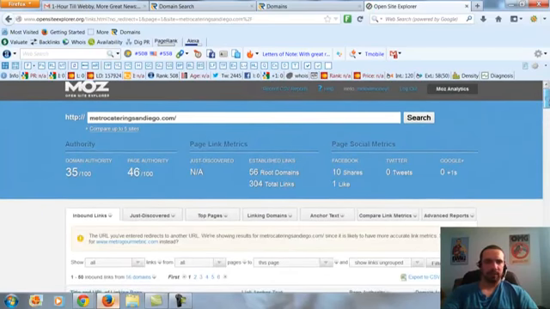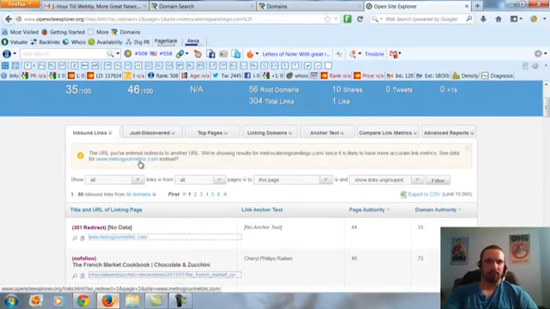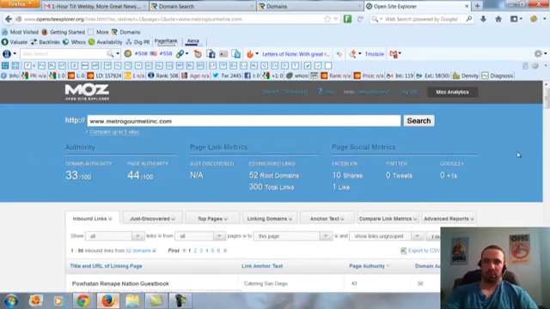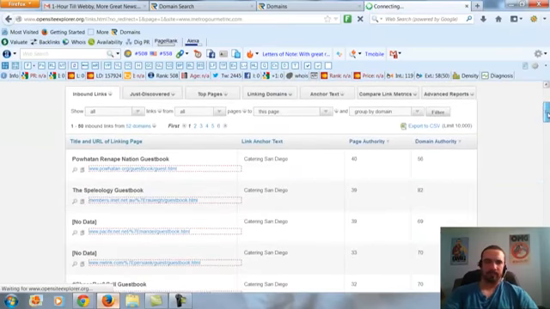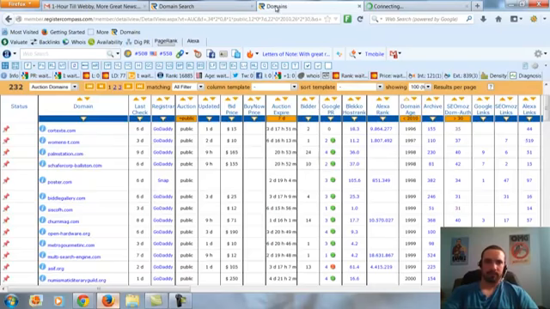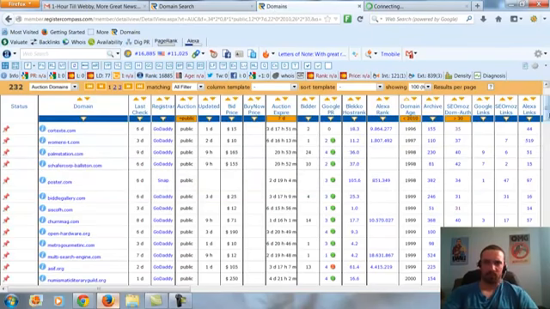So it's got 56 linking root domains. Oh, it's a redirect, so make sure you go to the right domain. Whenever that message pops up, again, we covered this in the expired domain videos, but make sure you're looking at the right site. Organized by domain again. We probably just could have looked at a few of these top ones, but while that's loading, I'm just going to look at some more of these.